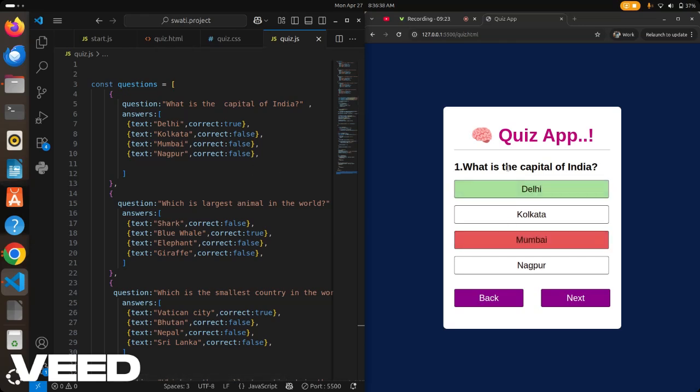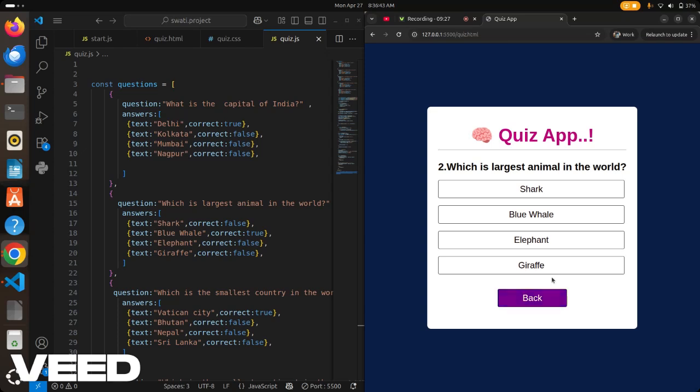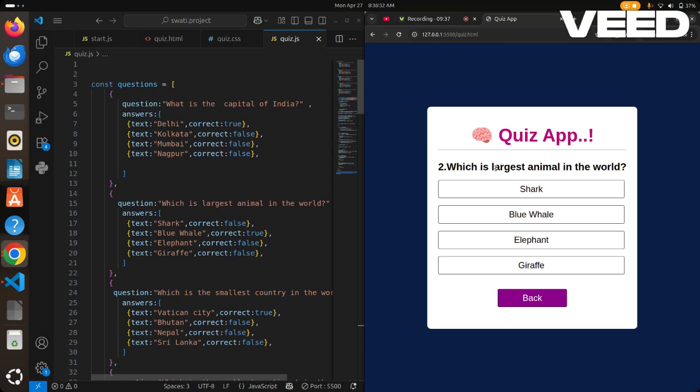And for that you can see the functionality. When we click, it shows the next question. How it is showing and how it is working, we will learn in JS. You can see the questions are coming one by one. Why? Because firstly I make one array, in which I store five questions with their answers and options. Also I give the correct option true and otherwise false.